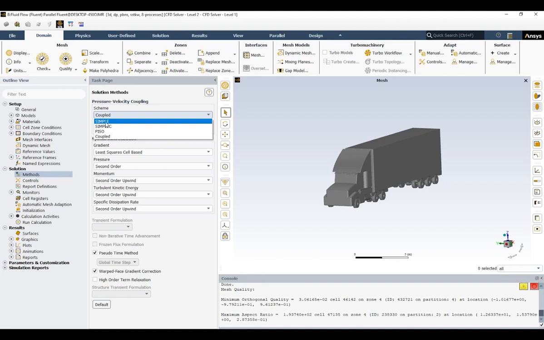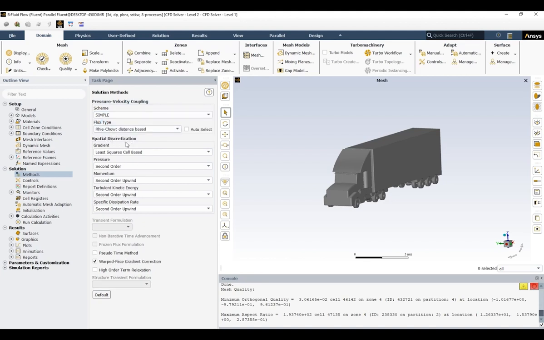So in terms of computational resources, these three algorithms, meaning the iterative algorithms, are much more thrifty comparing to a coupled algorithm. However, it should be mentioned that the obtained results may have reduced accuracy when compared to coupled. So in this project, which is not a very complicated project, I'm going to actually use the simple algorithm in order to continue. So I will select the simple,